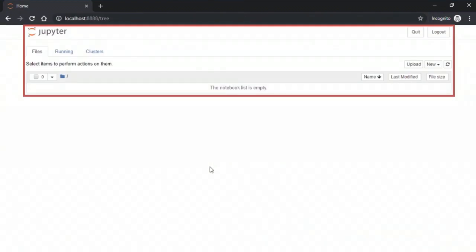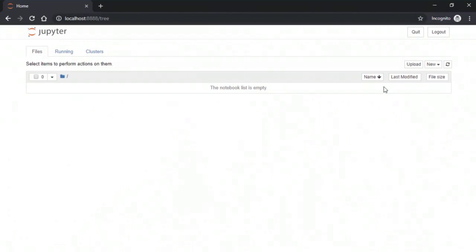This is the home page for Jupyter where we'll create what are called Jupyter Notebooks where we'll write our Python code. The files that you create using Jupyter Notebooks will be automatically saved within your current working directory or your current folder, and they will have the IPYNB extension. Now, these files are referred to either as Jupyter Notebooks or IPython Notebooks. IPython is an older name which is still often used.